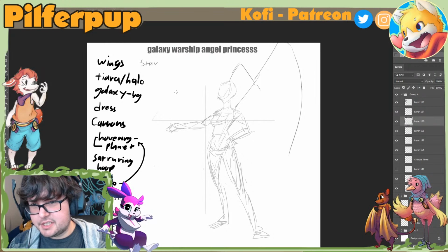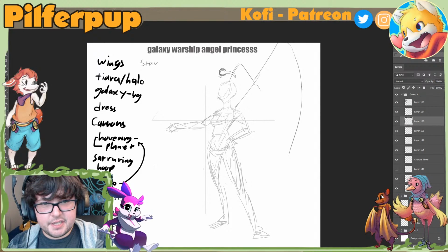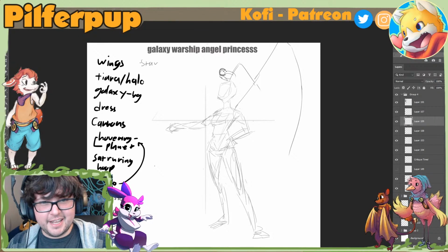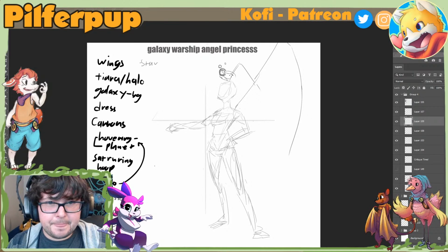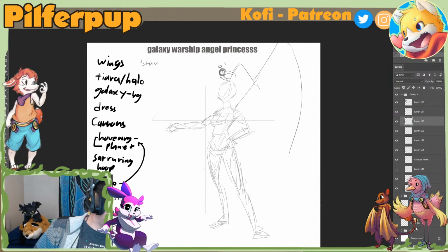And then she needs the tiara. So her tiara is going to be the planet, plus it's going to have that ring that goes like this. But it's also a halo, so it's got to go... No, that looks too much like a ring. So I'll have it be like this. So maybe it goes like that, and then the planet sits in between it, and you can have land masses on it. And then maybe even a moon hovering next to it. Even multiple moons. Small, medium, large. So now there's that. We'll combine that with the wings. Constellation